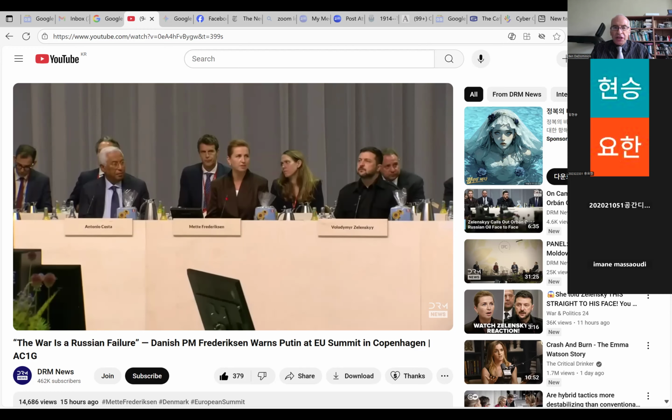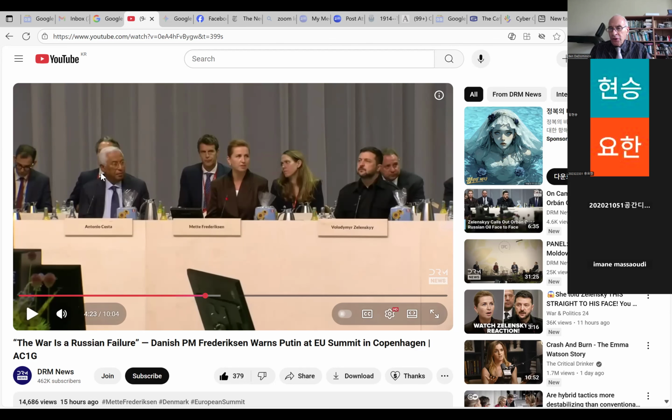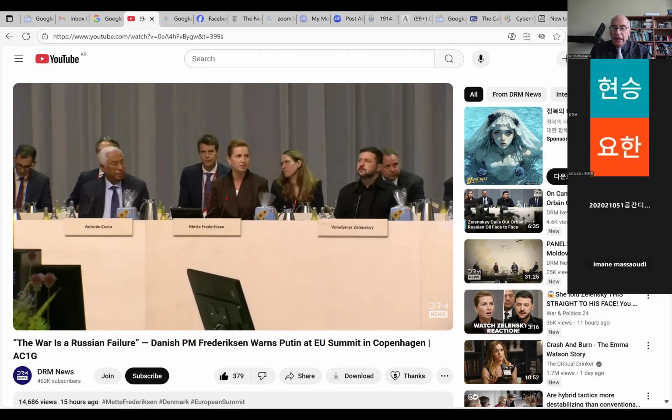The first president of the European Council was Herman van Rompuy, a former prime minister of Belgium. He was chosen partly because he wasn't a threat to anybody, and he was trusted by the British, by the French, by the Germans. There was no reason for anybody to be suspicious that he was going to somehow favor or be biased in favor of anybody else. And then he was followed by Donald Tusk.